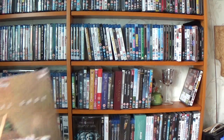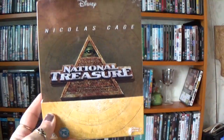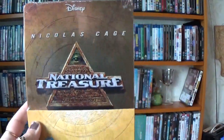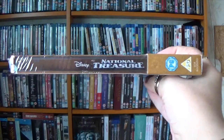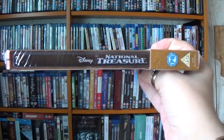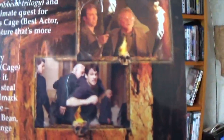So there's probably people going to be arguing with me that this should have been in my Disney Steelbooks video. And as I stated in that video, I was keeping that almost strictly animation. But this is National Treasure, which I actually quite enjoy. I don't know what other people say about it, but I liked it. I never used to be that big a fan of Nicolas Cage,